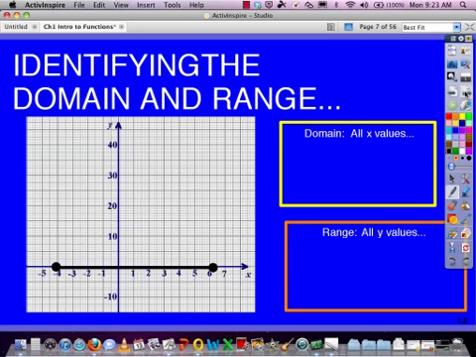So if we were given a graph, this one happens to be a nice horizontal segment. Dots on each end, so it starts and stops at a specific spot. We want to identify the domain and range. And we do have lots and lots of points on this. So think about it first. What kind of numbers? We're going to assume right now, my dots are a little off, but we're going to assume right now everything between the numbers -4 and +6 are currently graphed. So if you said all numbers between -4 and 6,